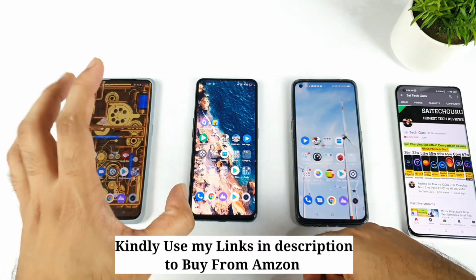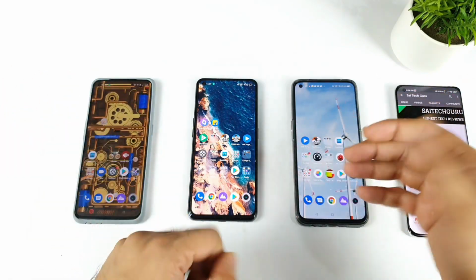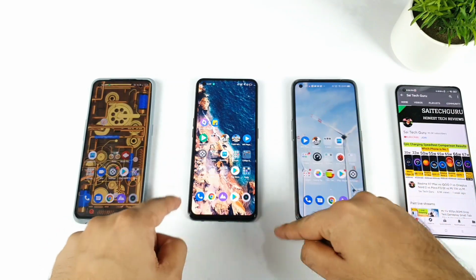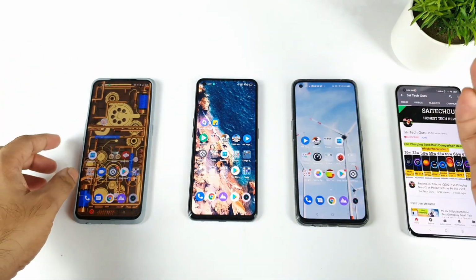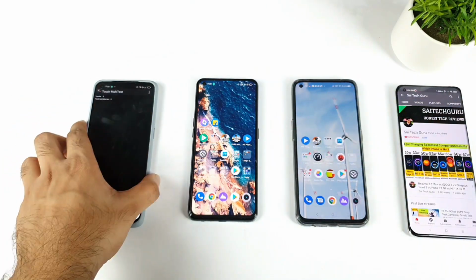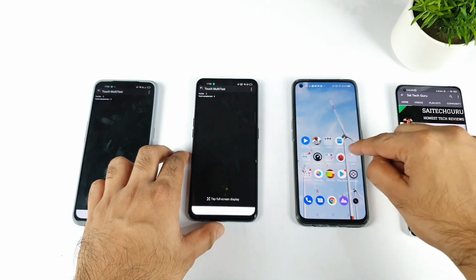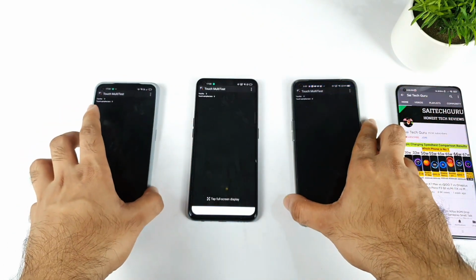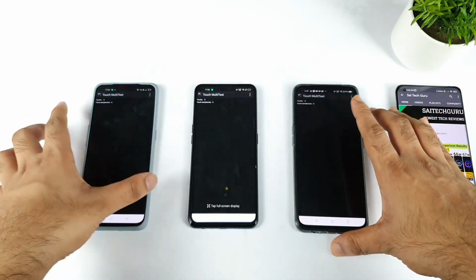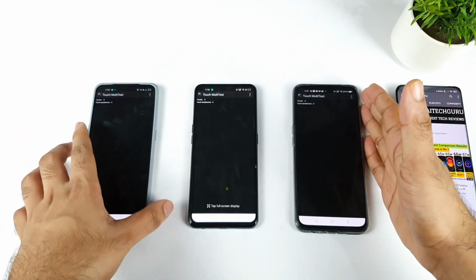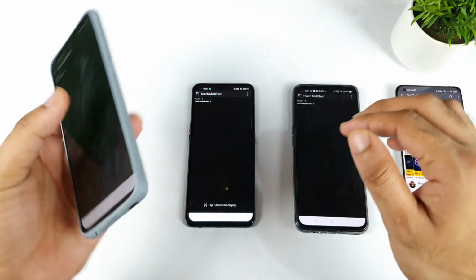So now let's see what the touch sampling rate comparison is between all of the phones. Which phone has what type of value? That's what I'm going to demonstrate in this video. This is quite an interesting question because I'm getting plenty of comments on this touch sampling rate. The application to check the touch sampling rate is called Touch Multitest, and you can download it from the Play Store as well. Let's see how much difference there will be between the 20,000 range phone and the premium range phone in terms of touch sampling rate, and what Realme is doing exactly. That's what I'm going to check right now.